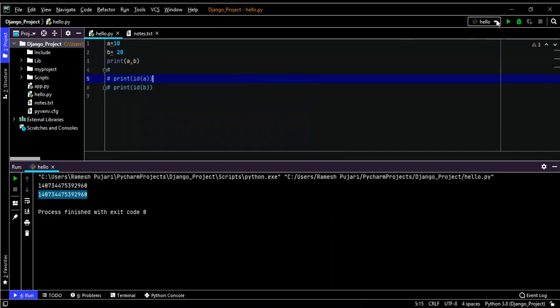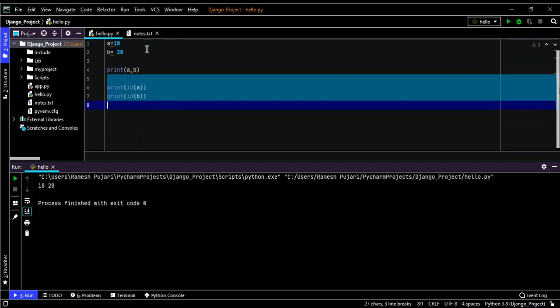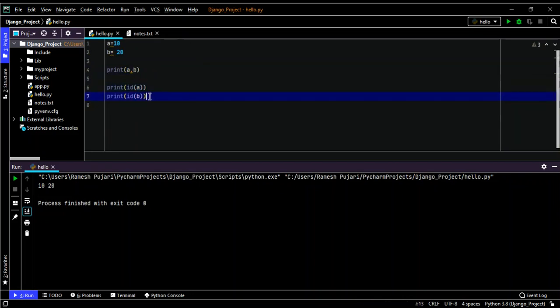I will comment this out right now. You can notice the a and b values. If I print the id of a and b, both ids are different, because one more new object is created in Python. Now I will print these ids. See, the a and b ids are different; the ending digits of this id, 290, will be different. Which means in Python, if you refer to the same object again, it will not create a new object. If you are not referring to the previous object, it will create a new object.